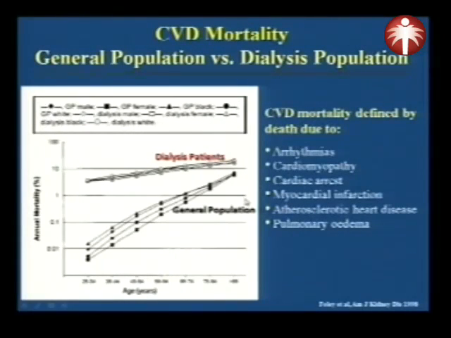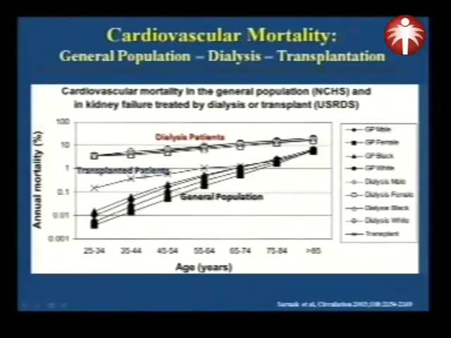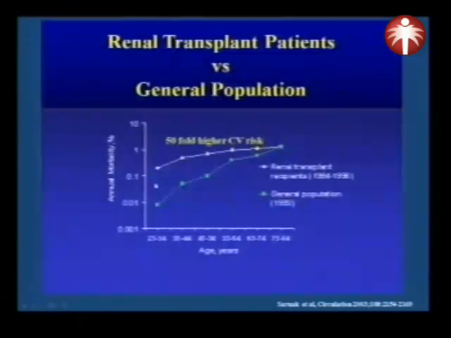And if we compare, that was on chronic kidney disease, but if we look at patients compared with the general population here, you can see dialysis patients at much higher risk of developing cardiovascular disease. And if we add to that graph the transplanted patients, though they are much better than patients on dialysis, they are still much higher, something like 50-fold higher than the general population at risk of developing cardiovascular complications after